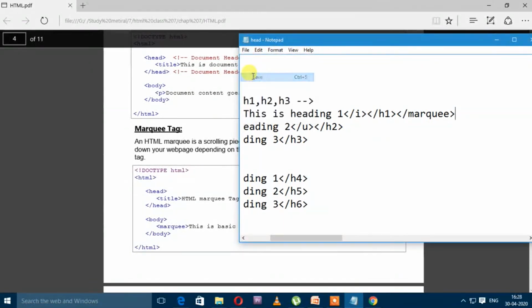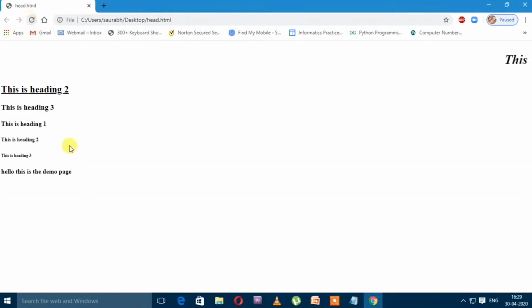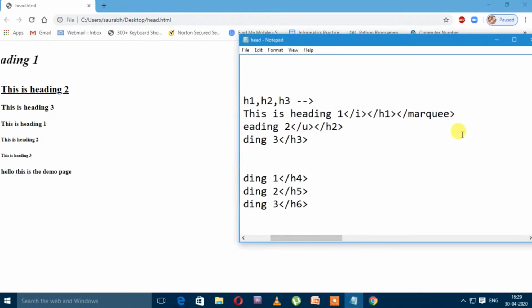So look at here, the marquee tag did its work. It is providing the movement to the H1 tag because we put the whole H1 tag inside the marquee tag. Whatever text we will put inside the marquee tag, as I am putting both the paragraphs inside the marquee tag.